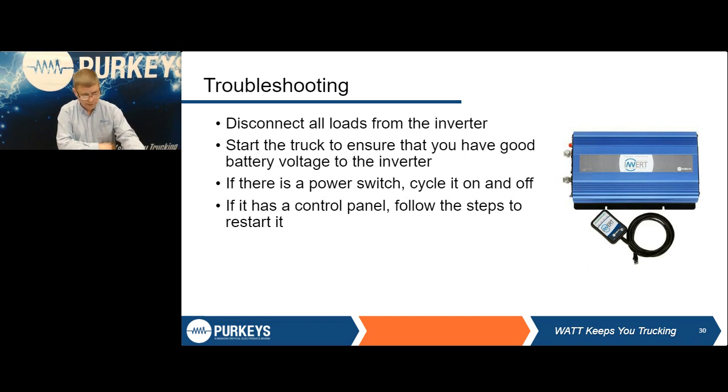One exception is if it is a temperature fault: make sure it's uncovered and give it a chance to cool down. But most faults are going to fall under one of those. It's over temperature, overloaded something. So just give it a minute and let it reset. If it's more in depth than that,